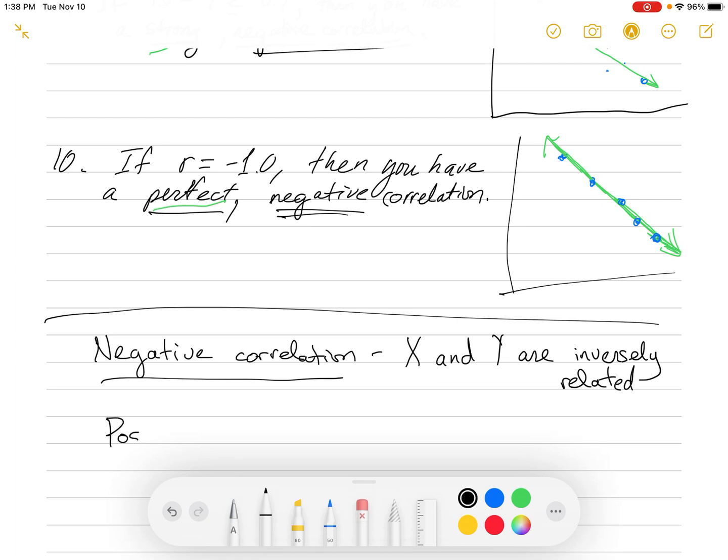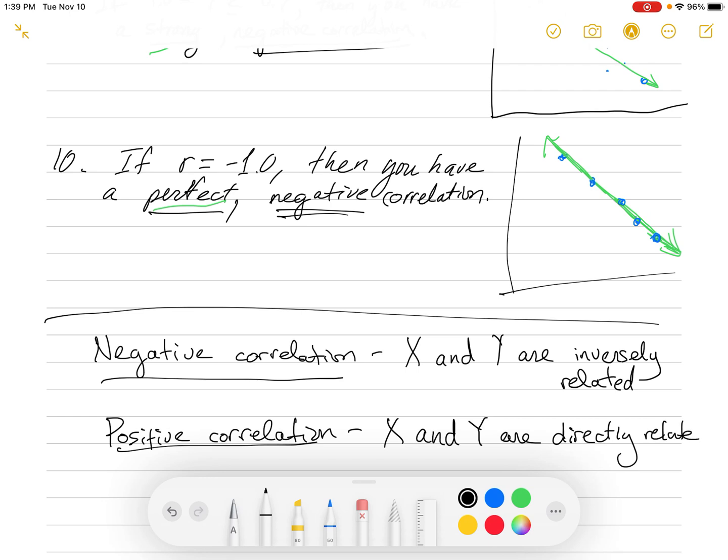And if there's a positive correlation, you'll sometimes hear that X and Y are directly related. Okay, so we've talked about this concept of the correlation coefficient being either positive or negative and being between